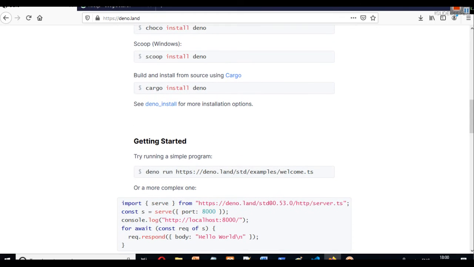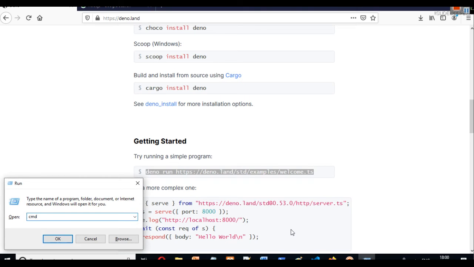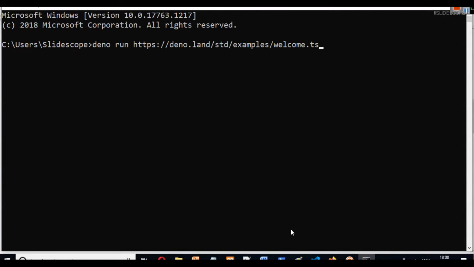Now let's get started. We can run a very simple program, that is deno run https://deno.land/std/examples/welcome.ts. Let's copy this, and we can open command prompt also. In command prompt we will paste this and execute.